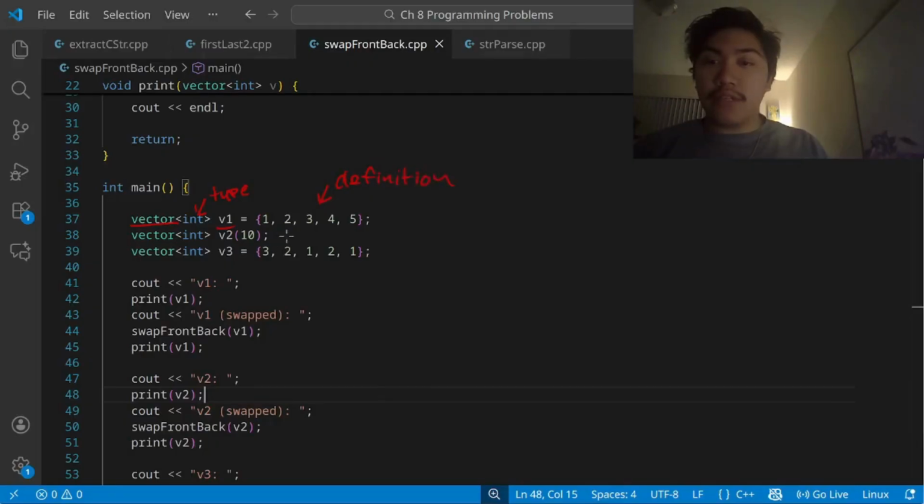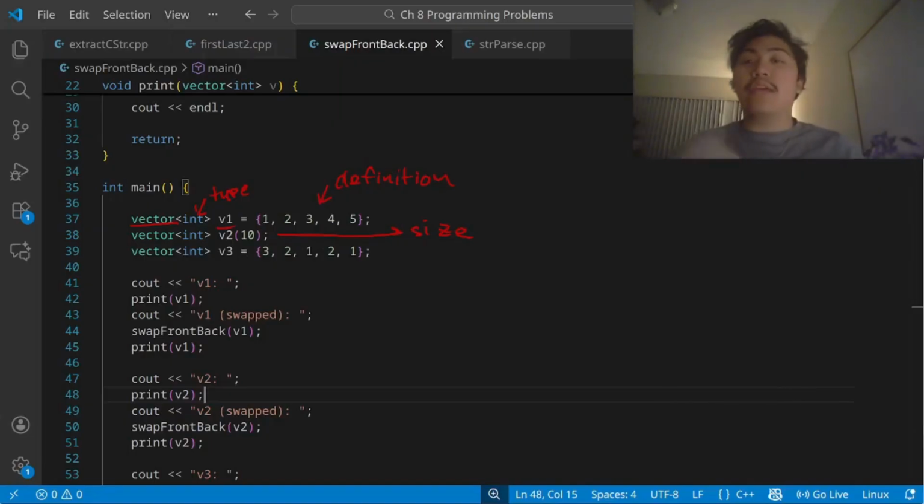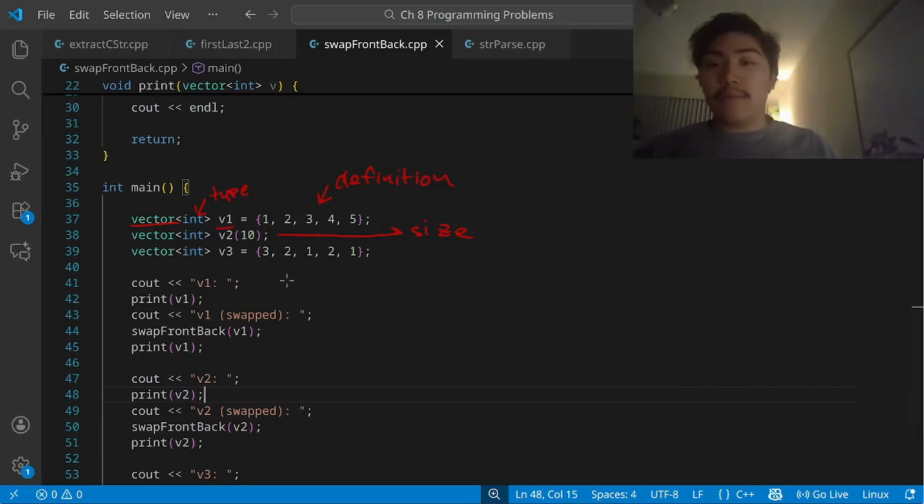We can also initialize a vector by including just its size, where it will initialize a vector v2 with a size of 10 elements, but all the elements are equal to 0, unless we edit the vector. But yeah, so